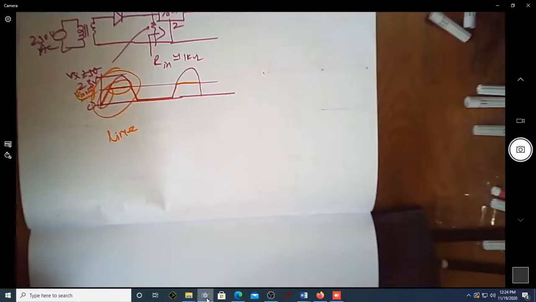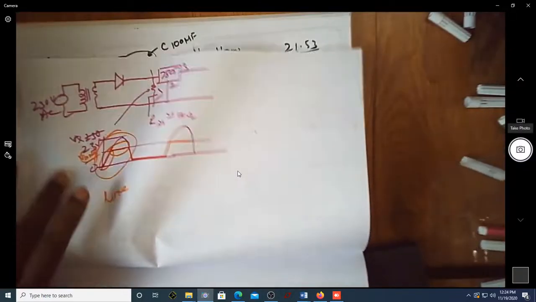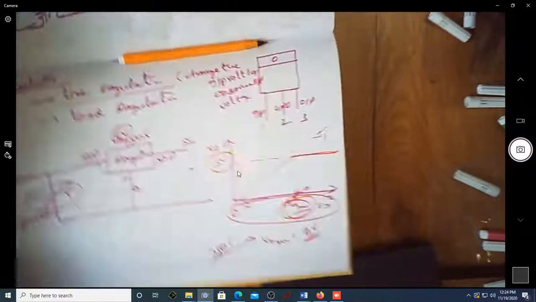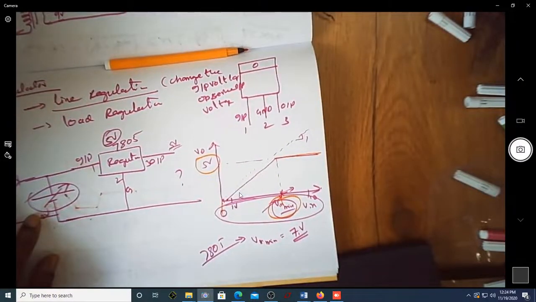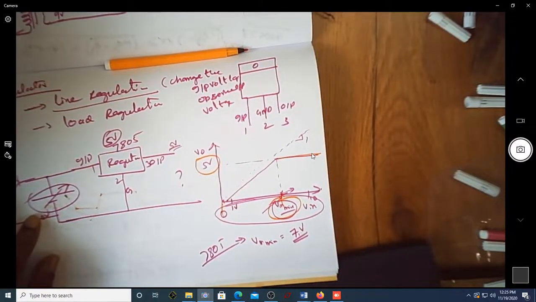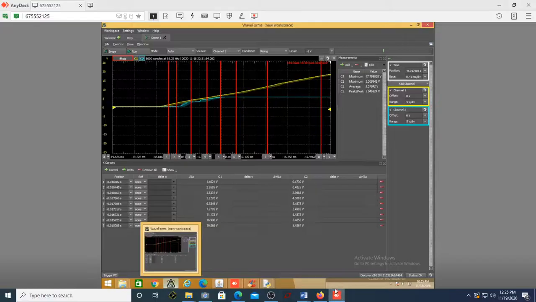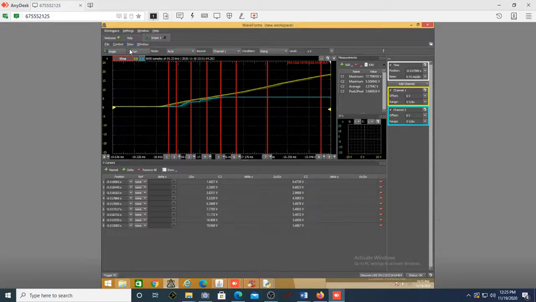Of course, we have seen this graph. This is the line regulation graph. It is increasing along with the input voltage and then it becomes constant at 5. Of course, practically it is coming out to be 5.4. So it's okay, fine. Let us see whether it is possible to get a similar type of graph. I'll just try to get it. So what you can do, go to this view, add XY. Can you see this again here?